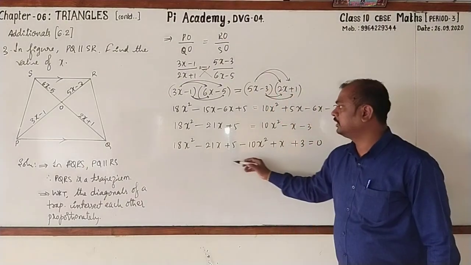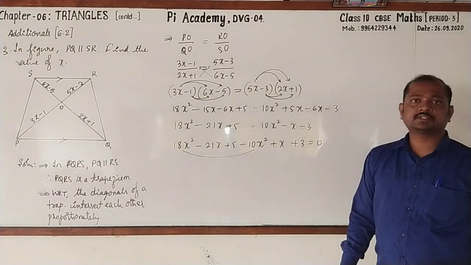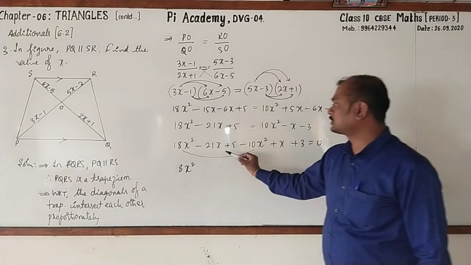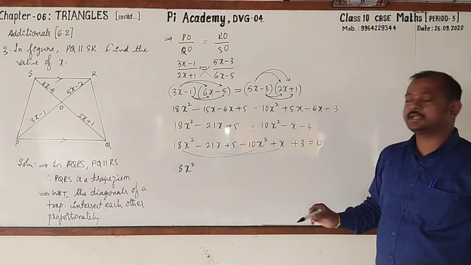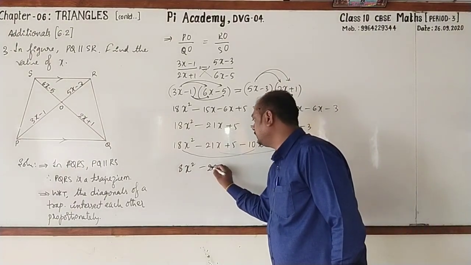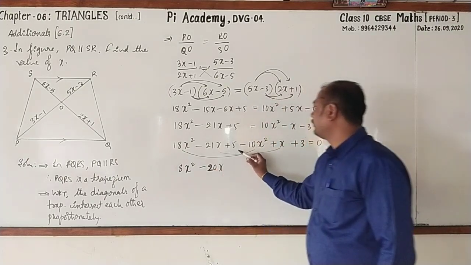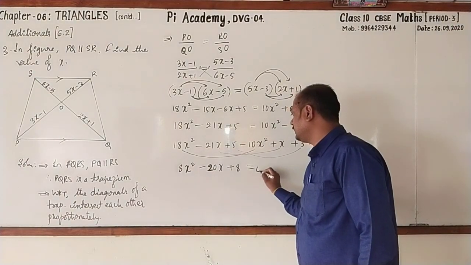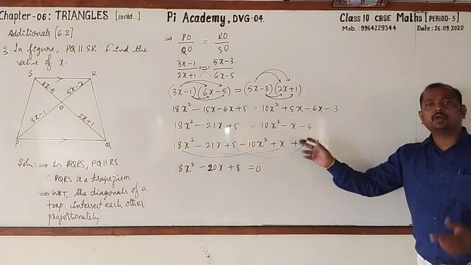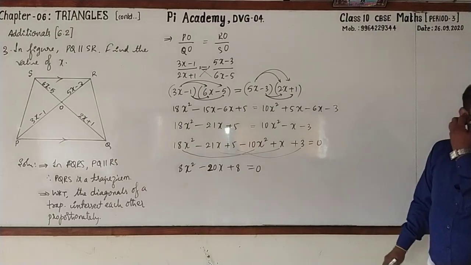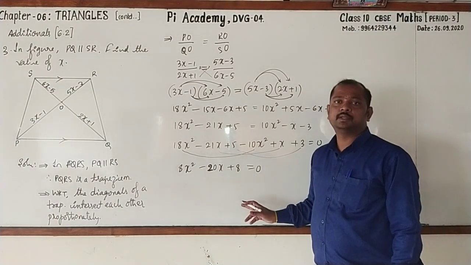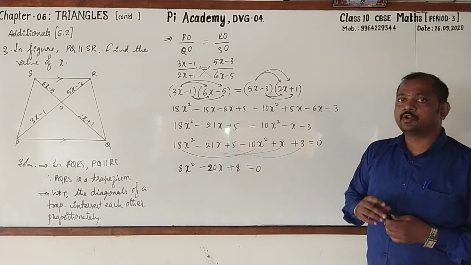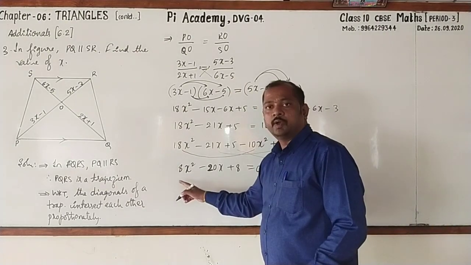Now what is 18x? Just go for taking the like terms. 18x square minus 10x square, it is just 8x square, minus 21x plus 1x, this is minus 20x, 5 and 3, 5 plus 3, this is 8, is equal to 0. Observe all the coefficients. What can you say? Yes, you are right. They are all the multiples of 4. Then what is the further step to be followed? Yes. We have to divide both sides by